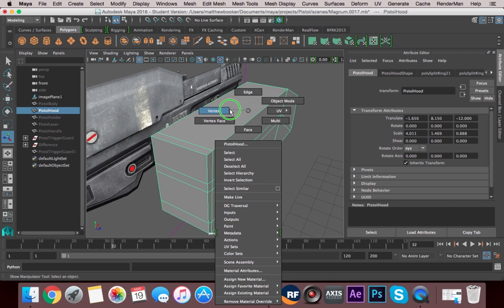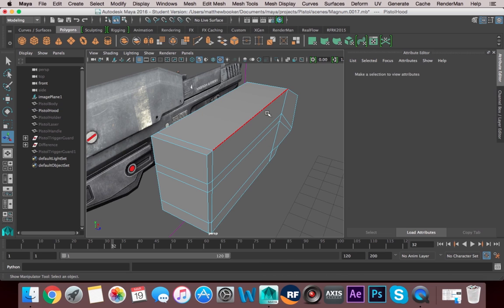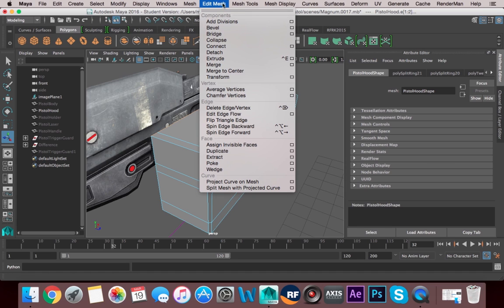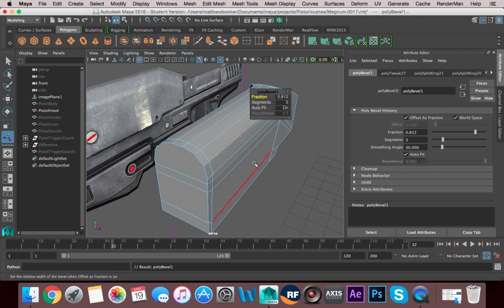right click, you want to go to edges, and then we want to click on the top right edge, and then we want to hold shift, which will bring up that little plus symbol, and then select the other one. We want to do it along the entire object as well, so that will allow us to select all of these lines, and then we can go up to, I believe it's Edit Mesh, Bevel,